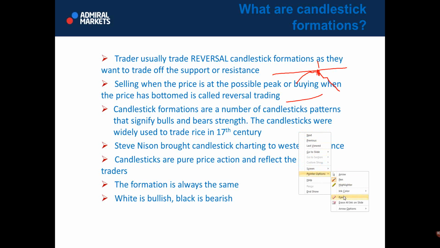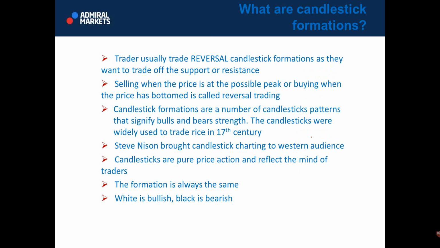So basically, good traders all want to exploit those reversals. They want to trade off the support and off the resistance. The only exception is the rule that if you see a breakout of that resistance, then that breakout goes some number of pips and then the price pulls back. That is perfectly valid. But if the price has gone 150 pips and it didn't pull back, then what can